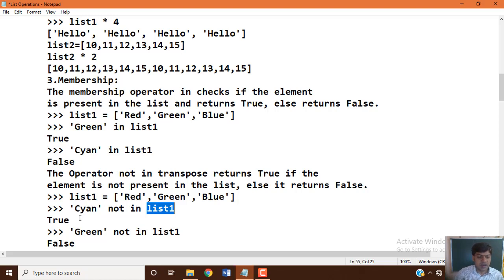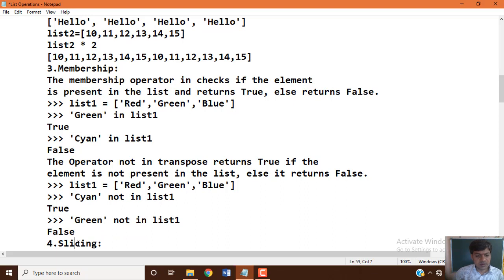In the same way, green is another list data item, green not in list 1. Now we are saying that it is not in the list 1 variable, but it is available in list 1, that is why you will get False. That is how not in works. The membership operators in and not in can both be used to check whether a list data item is available within the list or not.